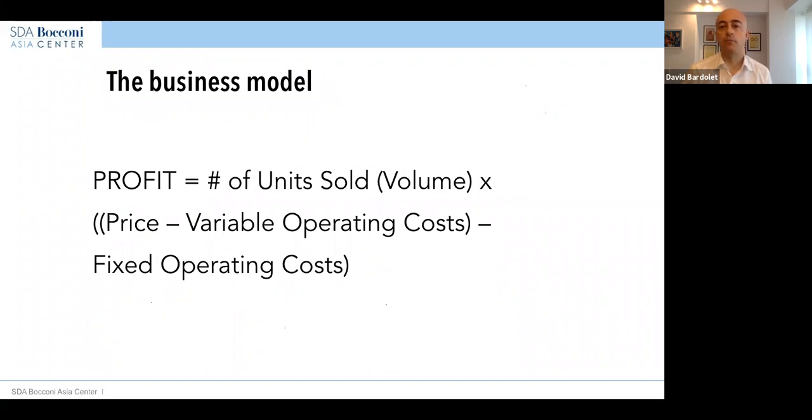That is an important distinction because it helps us define what a volume-driven business is versus a margin-driven business. That was the first distinction I told you we need to make. Okay? And it's a classification of types of business models that comes from the very beginning. This is not part of the digital world. There's always been volume-driven businesses and margin-driven businesses. So what is a volume-driven business? What do you think, how can you see that a company has a volume-driven business model, a business model that is about volume?